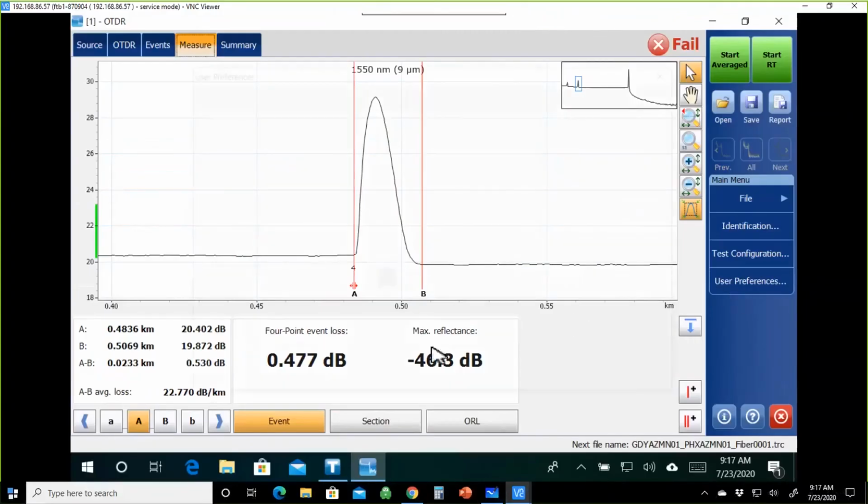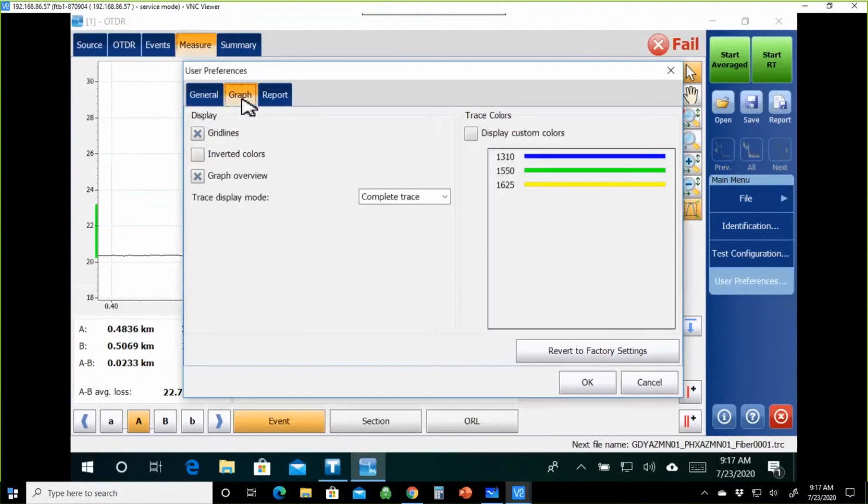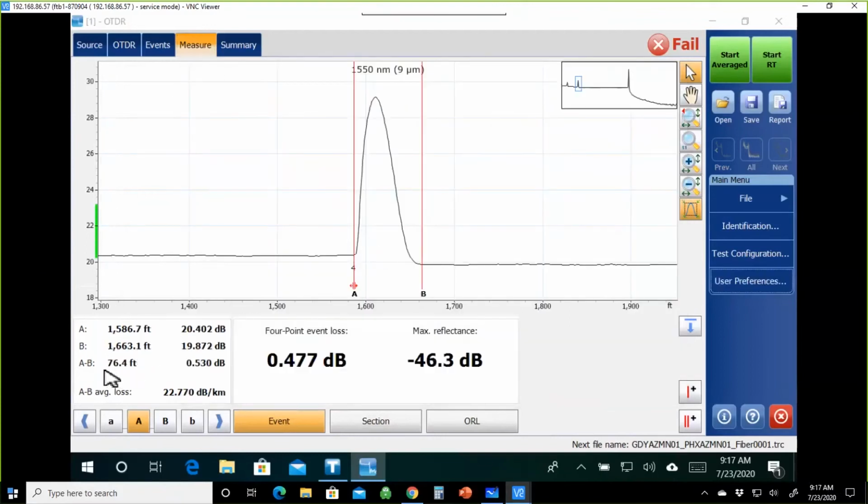If you want, we can break this down into footage. Go to Metric here, and change it down to footage. So this between A and B is 76 feet. 76 feet here, right? What this means is when the OTDR pulse hits that connector, it blinds itself for 76